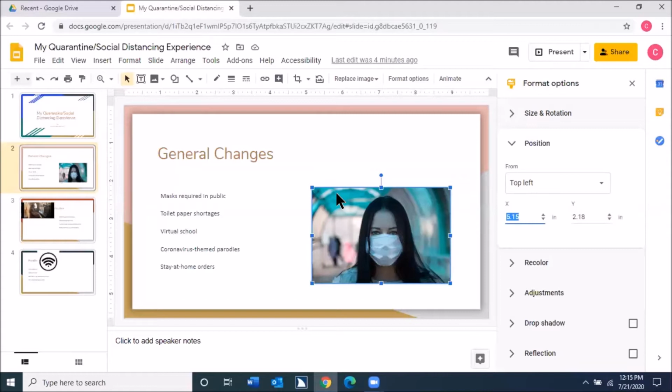Value must be between -58712 and 58712. 5.15. Type in text. Okay, so X is positive. Y position measured in inches. Value must be between -58712 and 58712. 2.18. Type in text. And the trick is, now every time you insert a picture, they're going to be slightly